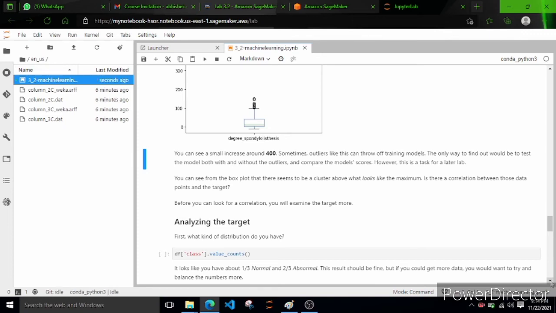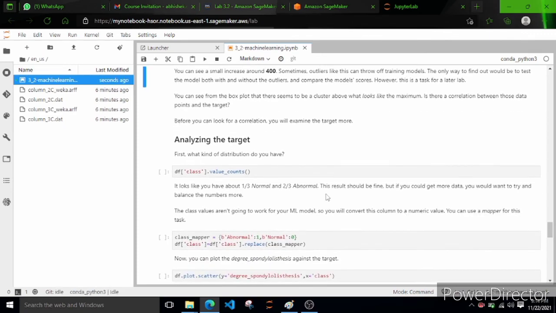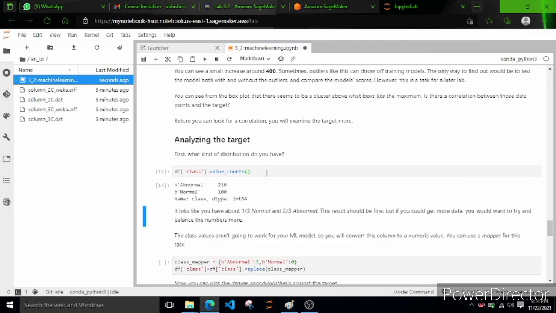So our target is the class column. Let's see what the different values are here. There are two values, abnormal with 210 entries and normal with 100 entries. So using value_counts, you can count how many normal entries there are and how many abnormal entries there are.